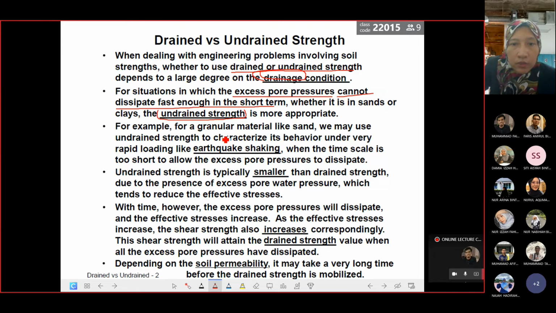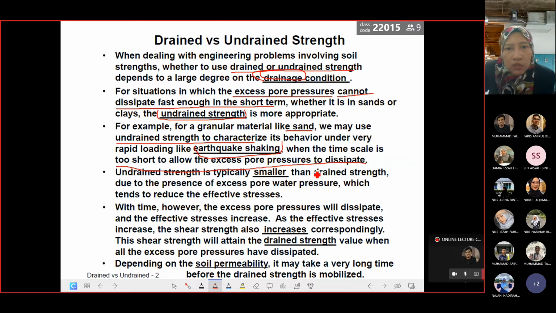For example, granular material like sand, we may use undrained strength to characterize behavior under very rapid loading, such as earthquake shaking. So yang ni relevant lah. Kalau you tengok behavior of the sand pun sendiri, dia adalah permeable material. So dia tak perlu pun pakai drain. So undrained pun dia dah enough. But that is a certain condition if you want to study the earthquake effect, when the time scale is too short to allow the excess water pressure to dissipate. So logically,